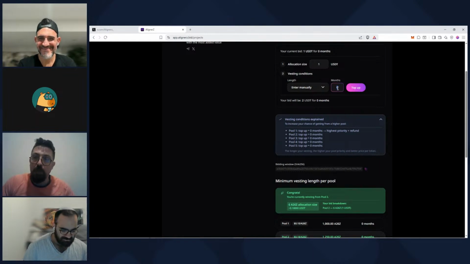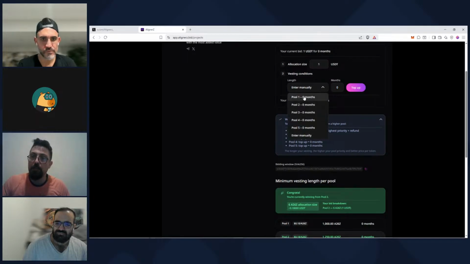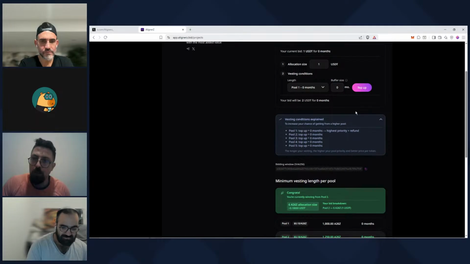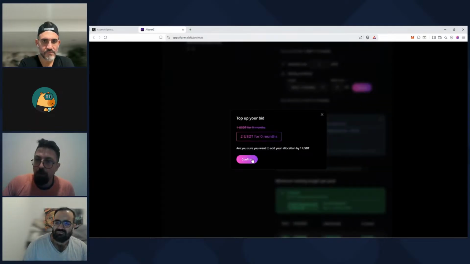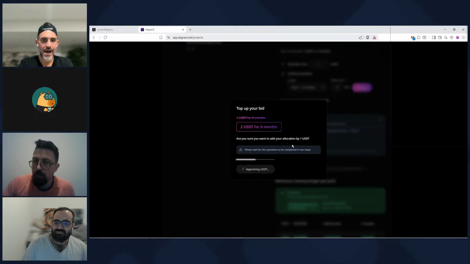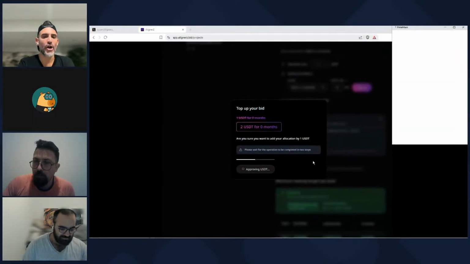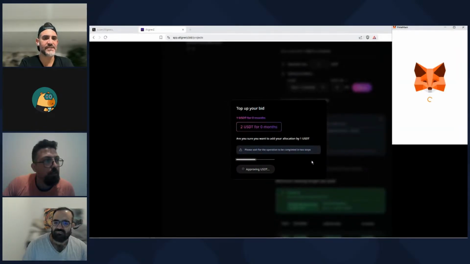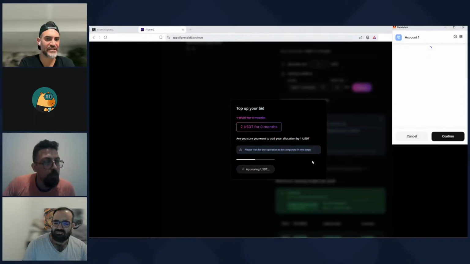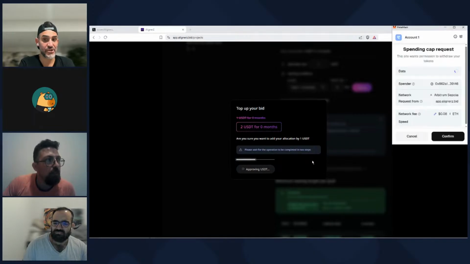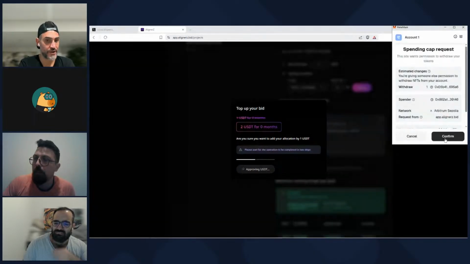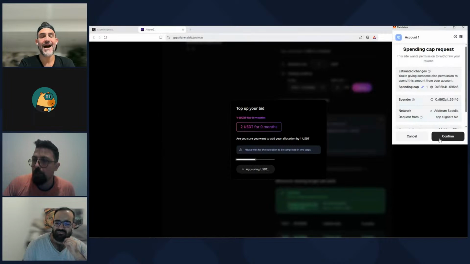I can choose manually how long I'd like to get vested, or I can tell the algorithm, hey, I want to get from pool 1, please put me in pool 1. That will automatically change your vesting bid to whatever it needs to be in order to get you into pool number 1.